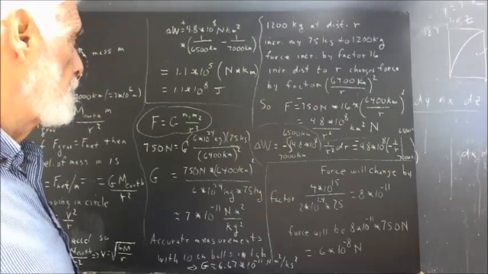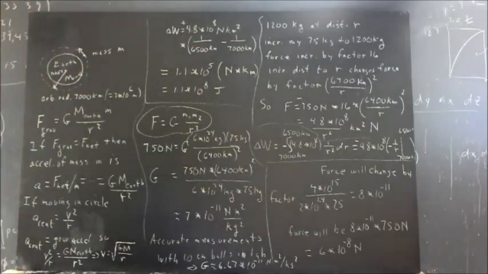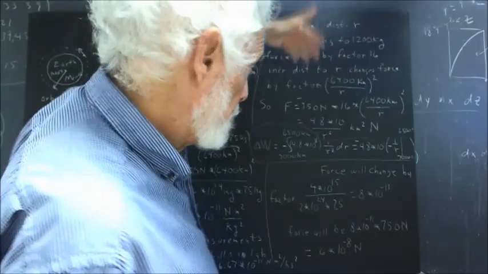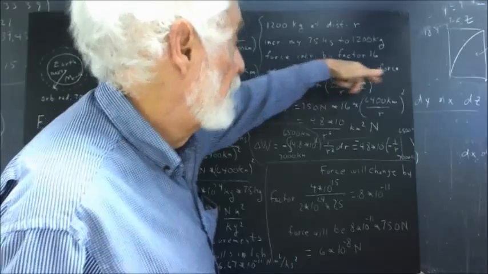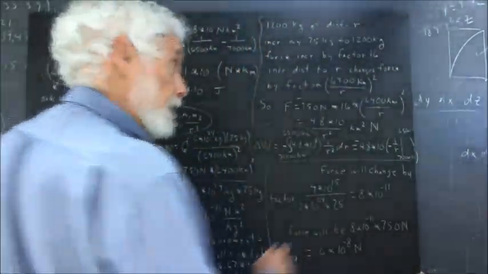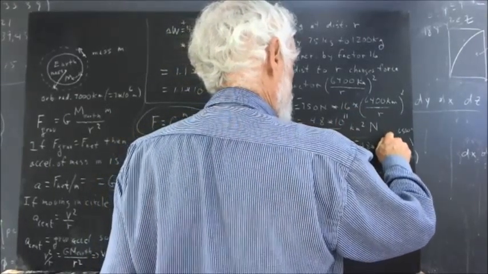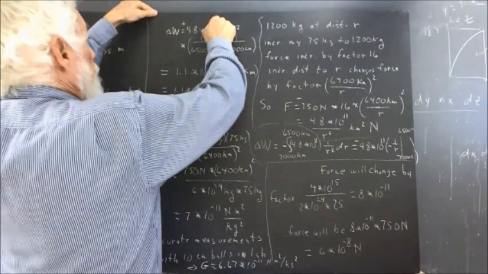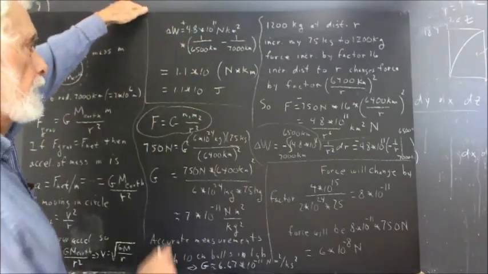And I think there's a problem with that because I didn't correct something over here. So give me a second, and I'll work this through on screen. The square of 6,400 is about 40 million, 4 times 10 to the 7th. This multiplies out to something over 10,000, so there's a 10 to the 4th times a 10 to the 7th, which is going to give us a 10 to the 11th, not a 10 to the 8th. So we need a 10 to the 11th here and here. And then we need a 10 to the 11th up here. And then this, rather than being 10 to the 5th,